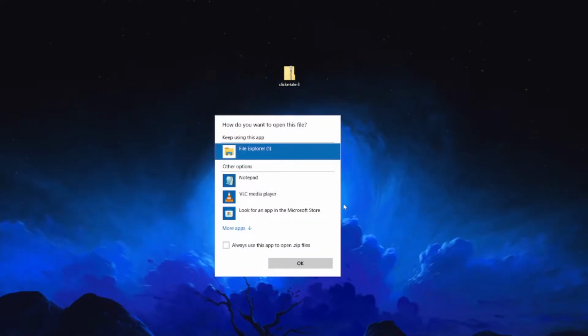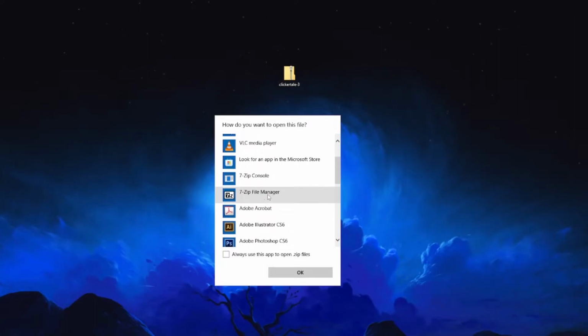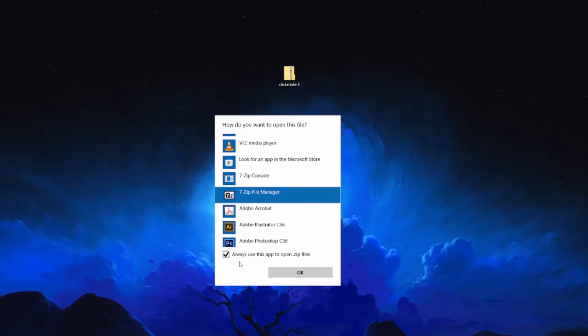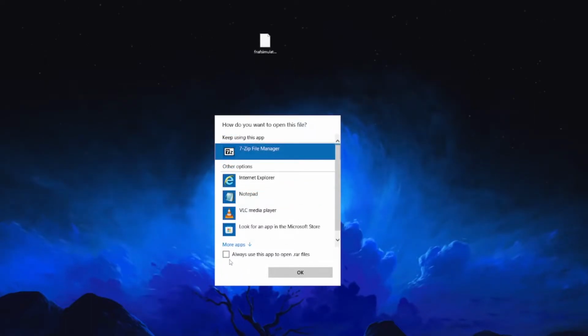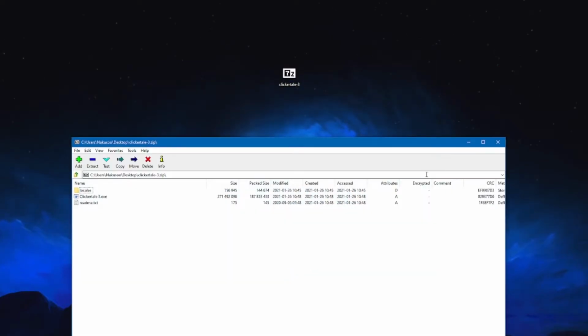In the new window, click on More Apps and scroll down until you find 7-Zip File Manager and select it. Make sure to checkmark the box that says always use this app to open .zip files, or if you're following along with a .rar file, it will say always use this app to open .rar files. Regardless, click OK to have your .zip files and or your .rar files converted to 7-zip with the 7Z logo